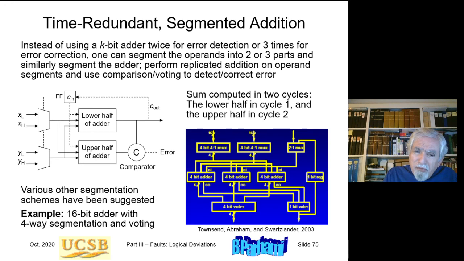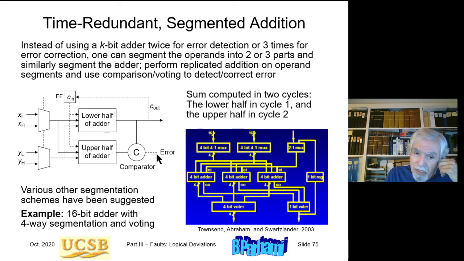So let me just spend a few minutes on this slide, which is the last one, to show one alternative to using, suppose you are doing, say, 16-bit addition, and you have a 16-bit adder. Instead of using the 16-bit adder twice to do the 16-bit addition twice and then comparing the result, one interesting alternative is to divide the 16-bit adder into 2 8-bit adders, the lower half adder, the upper half, and then input the lower halves of the 2 operands, compute the lower half, so you have 2 copies of the lower half of the sum,